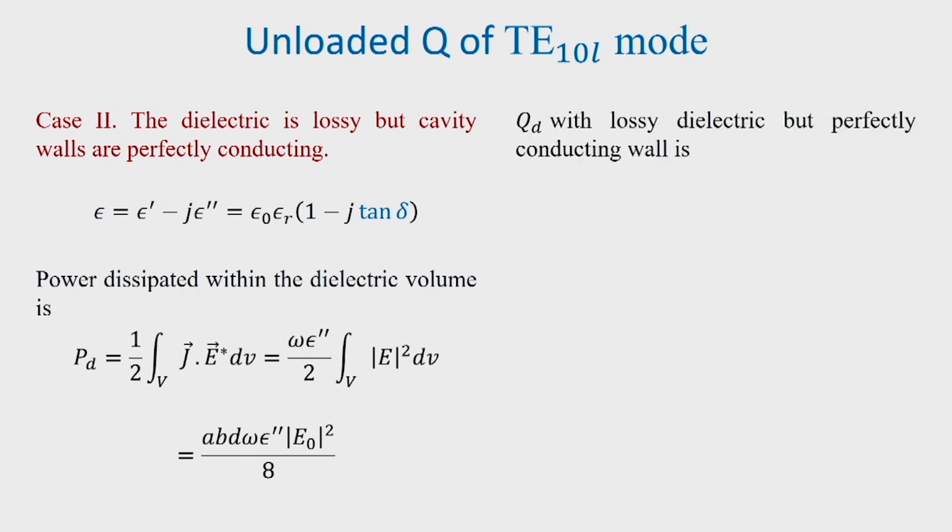So, Qd with lossy dielectric, but perfectly conducting wall can then be found out